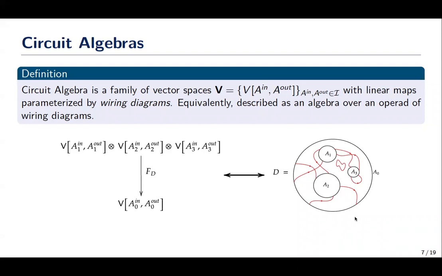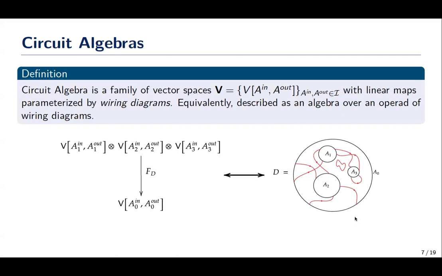So like planar algebras, we can see them categorically, we can see them operadically, we can view circuit algebras in the same way. And when we say linear maps are parameterized by wiring diagrams, this picture tells you why. There is one correspondence between these linear maps and wiring diagrams. So what we have done, we have